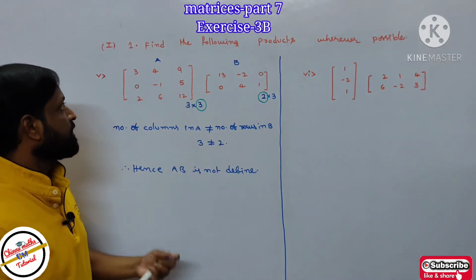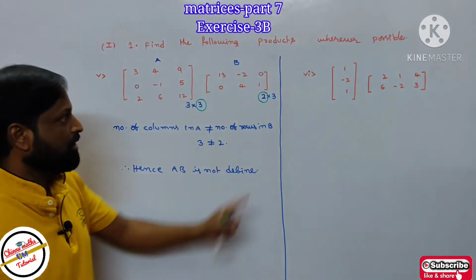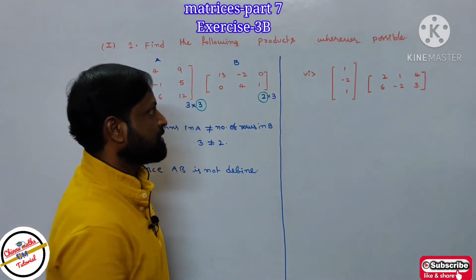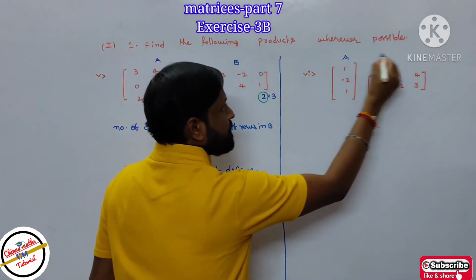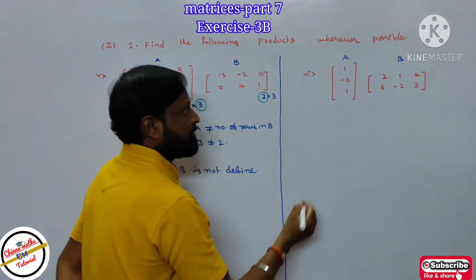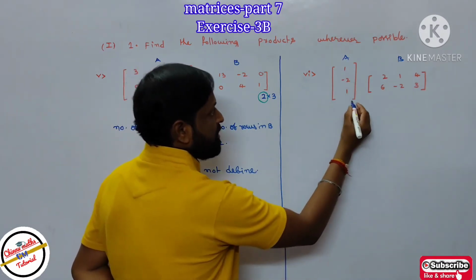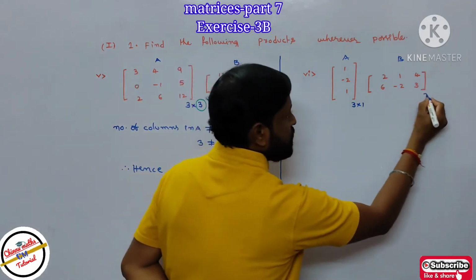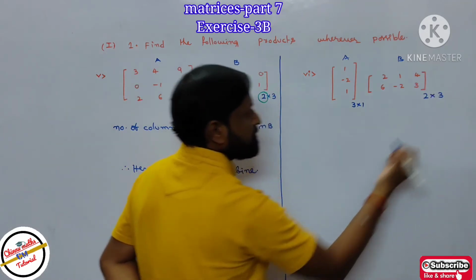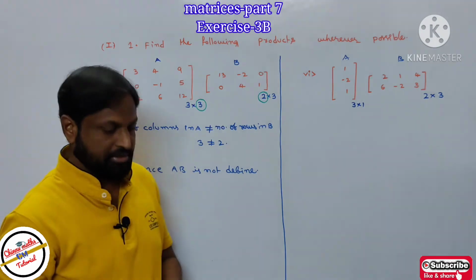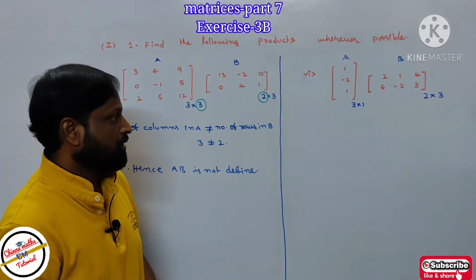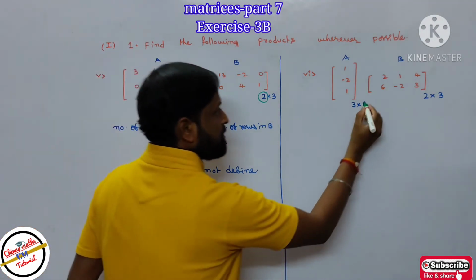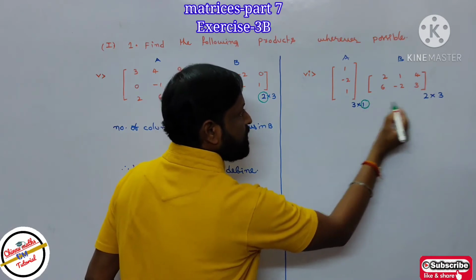So that is the completion of problem number 5. Similarly, problem number 6. It is the matrices A and B. First write the order. How many rows and how many columns? A has 3 rows and 1 column. Here B has 2 rows and 3 columns. So verify the condition. The number of columns in matrix A is not equal to the number of rows in